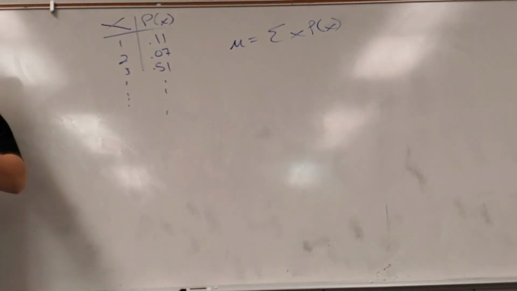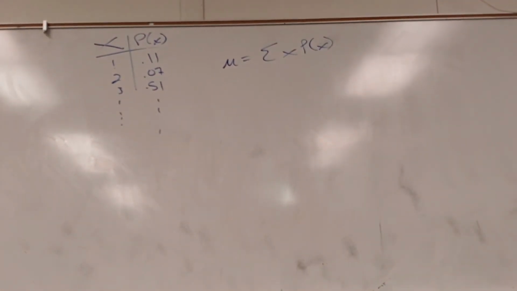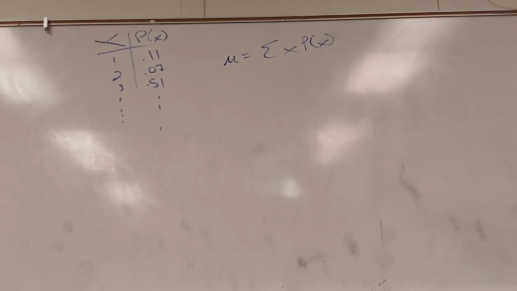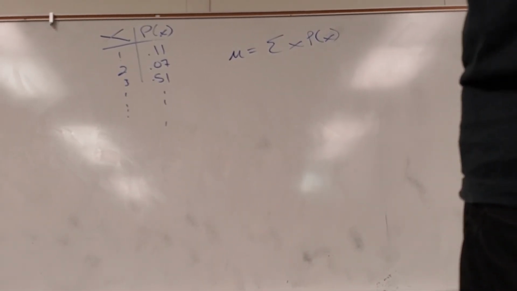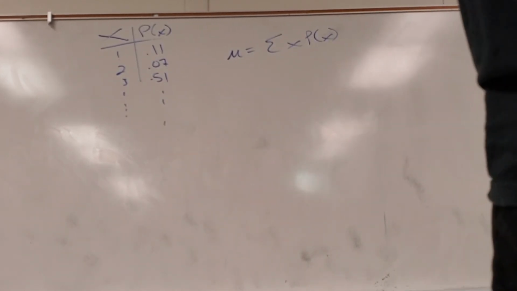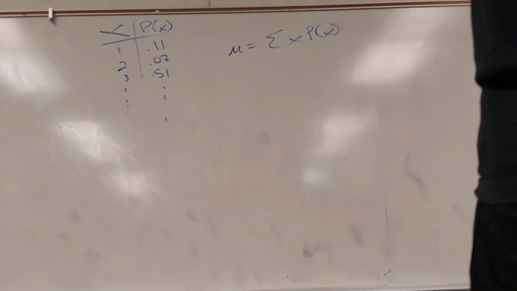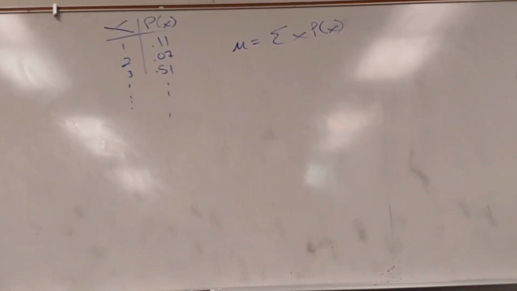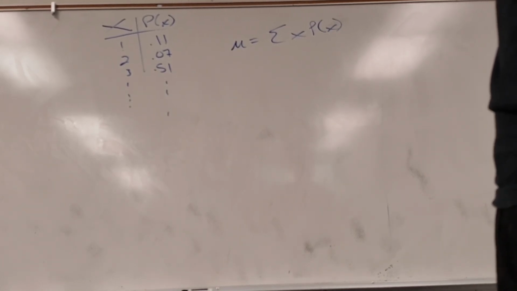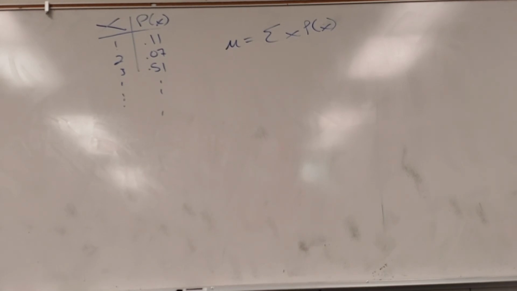Did I tell you the other word for the mean? I don't think I did. If the average age of Grossmont students was 27, and I go out and randomly pick a group of students, what's your best guess for their average age? If the average age of all Grossmont students is 27, and I take a group of 80 Grossmont students, what's your best guess for their average age? 27, right? If the actual average is 27, any randomly selected sample should at least be close to 27. So what's the expected average age for a group? 27. Does that make sense? Any sample I take, if it's picked randomly, it should represent the population well. So the expected average of a group is equal to the average of the whole thing. So another name for mean is